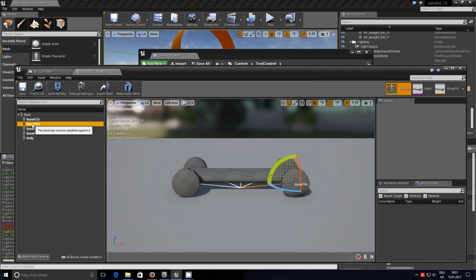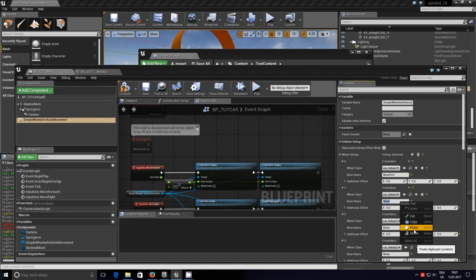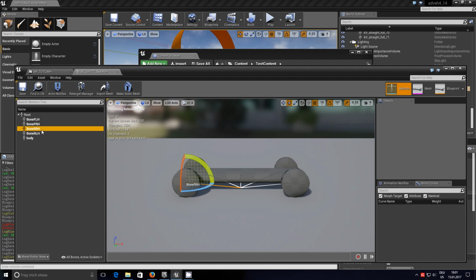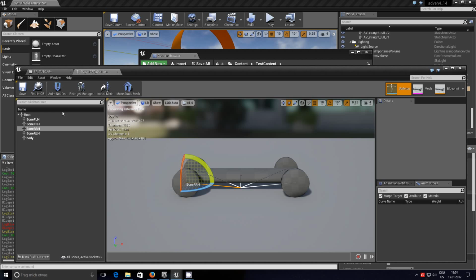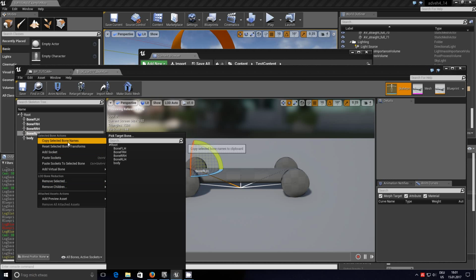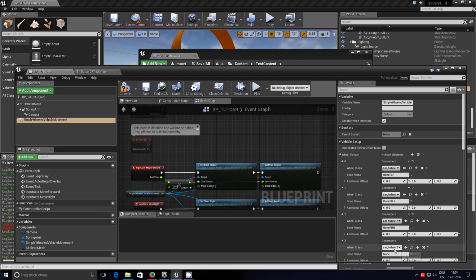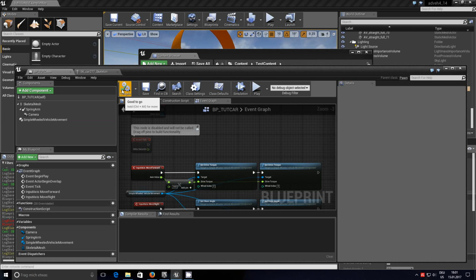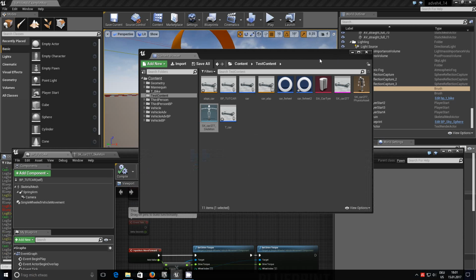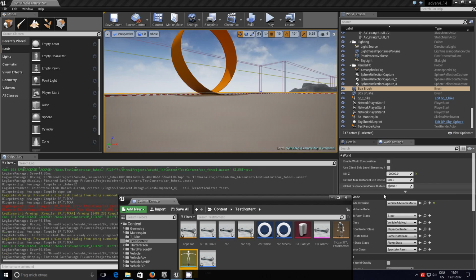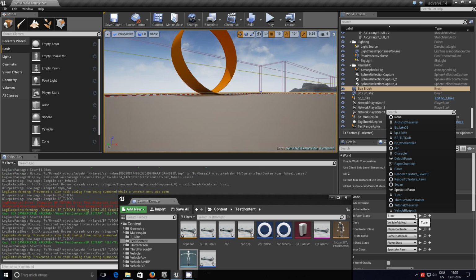So I'm going to front right hand, copy, paste, copy, paste, and one last time, copy, paste, compile, and save. Now, as you can see in the background, I'm using the advanced vehicle template here, which, let's go